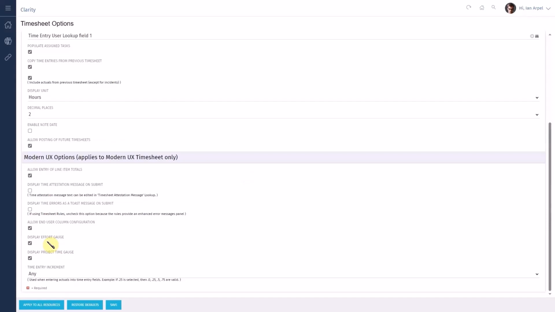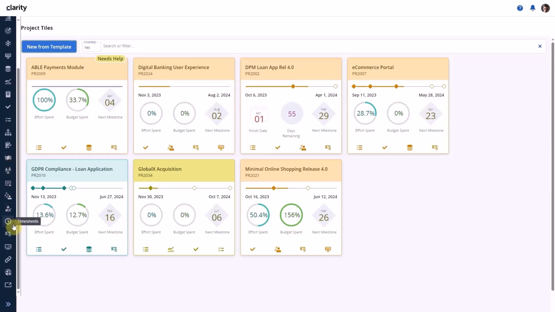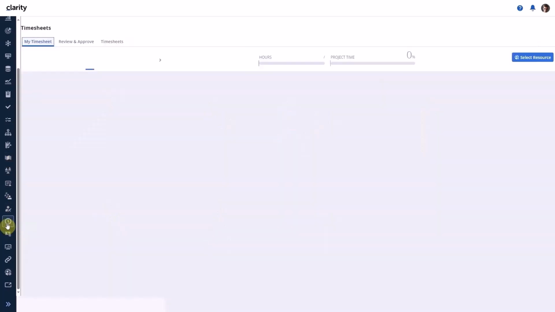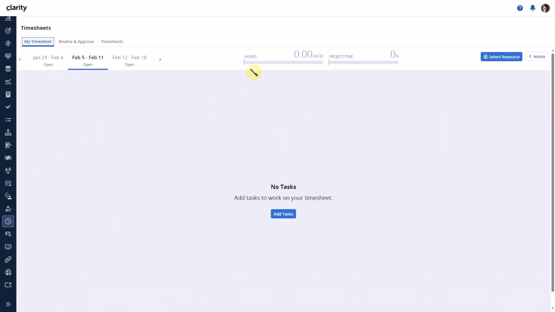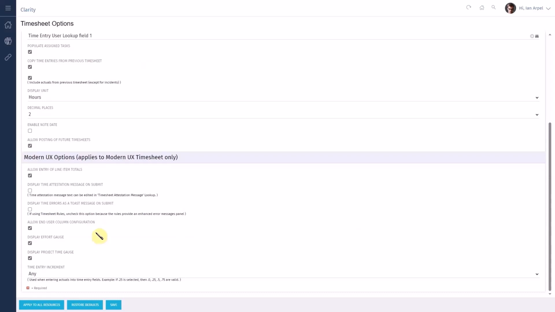So for that, let's go to the user's timesheet. I'm going to go into the modern UX, remaining as the same user. I'm going to show you that under my timesheet, I can see the hours, and if I go under review and approve, I can see the total hours that a user can populate within that week, and how much they have already entered. So in this case, they've entered 0 out of 40 hours. If I go ahead and turn off this setting,